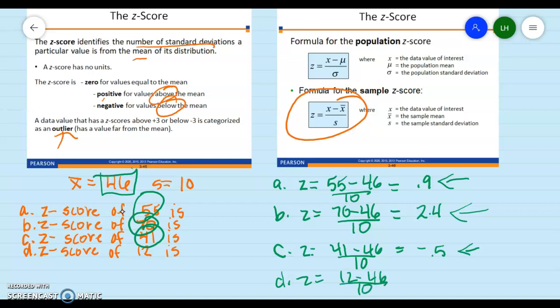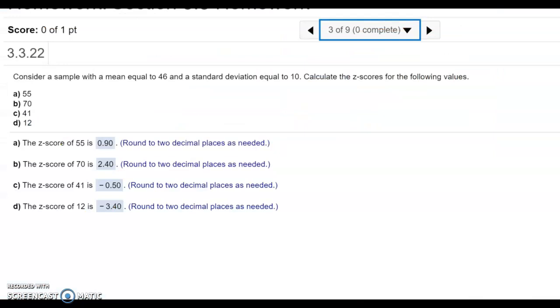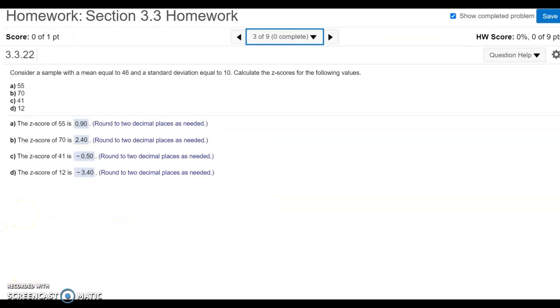And it should be even farther away than C. And it is actually more than 3 standard deviations below the mean, so that one would actually be considered an outlier. Anything that is more than 3 standard deviations from the mean is considered an outlier. Now we're going to look at one other problem